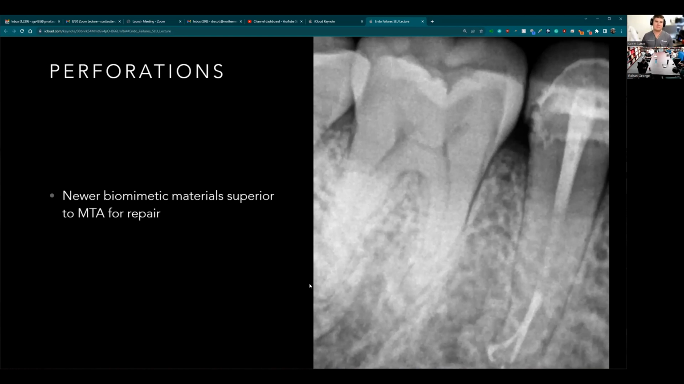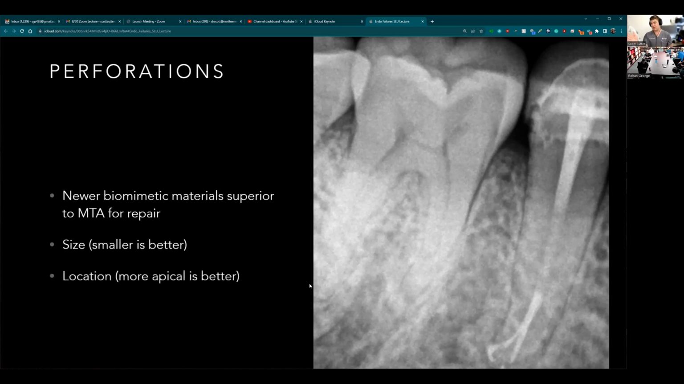I use BC putty or root repair material. That's really hard to say for all of my cases, just because it's easier to have one and it works great for apicos and for cases like I need it when I need it. Smaller is better. Immediately repair it. That's going to be your two best ways to make sure you have a better success, and where location is